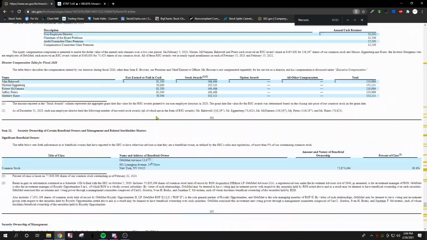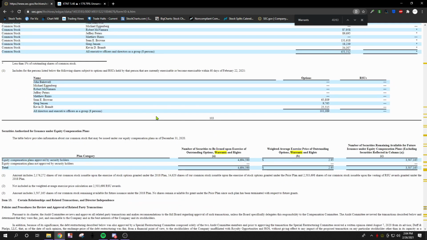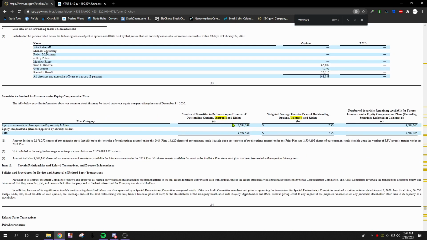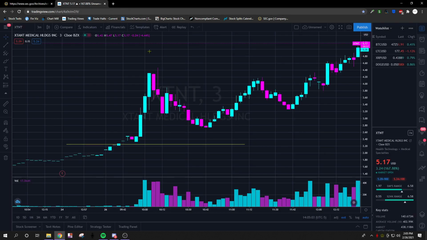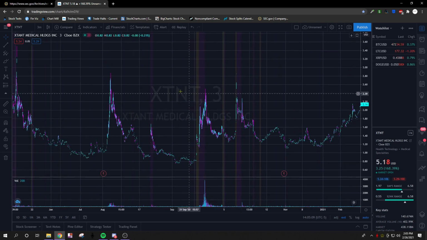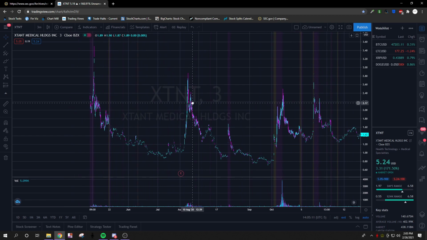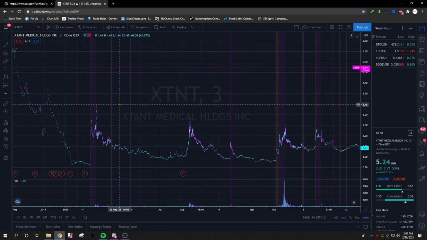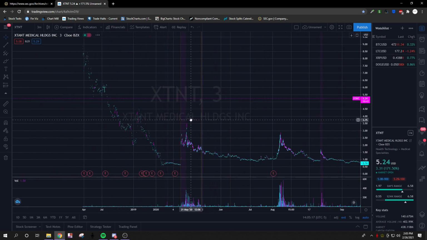If we keep going, okay, here's something. We have 4.7 million shares, execution price of $2.95. So we know that before December 31st, 2020, nearly 5 million shares were executed. Let's see if we can find that on the chart. What we're looking for here is a time that a lot of volume was traded and it hit that price level. If we go over to May,